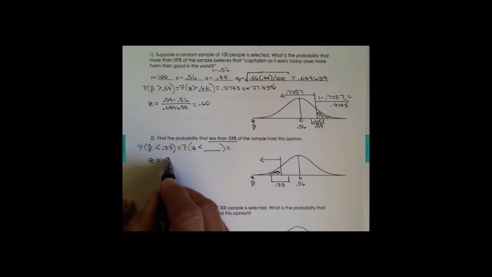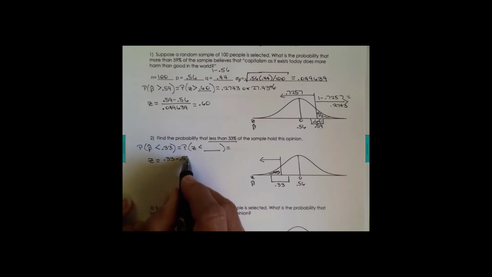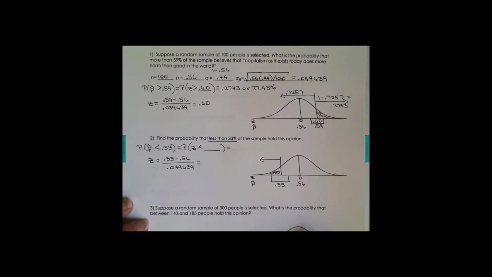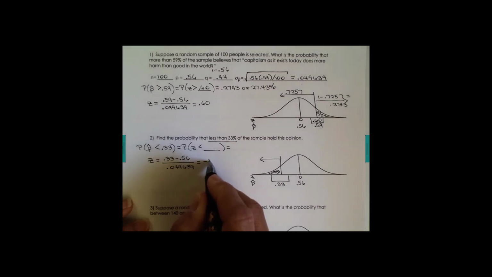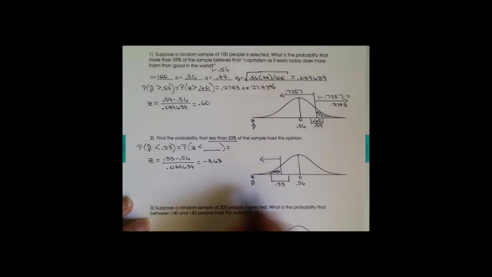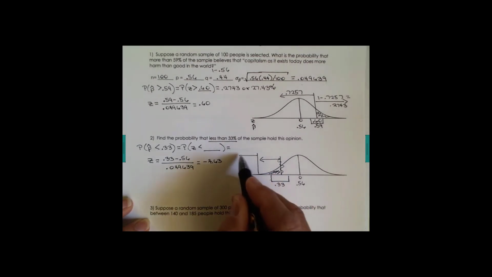I'm going to say 0.33, the sample proportion that I'm interested in, minus the population proportion of 0.56, and divide by the 0.049639. Look at all the decimals. Proportion data has so many more decimals than other data. Okay, so I come up with a negative number, a negative 4.63. Wow, that's off the chart over here, isn't it? So I drew it in the wrong place. I'm kind of going to move it over. I'm going to say this is not where that line goes. That line would go over here, wouldn't it? And it would be a z-score of negative